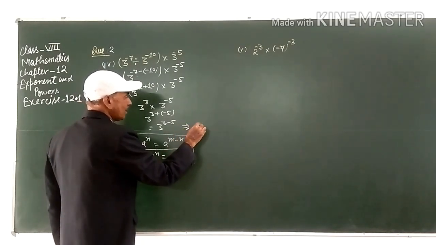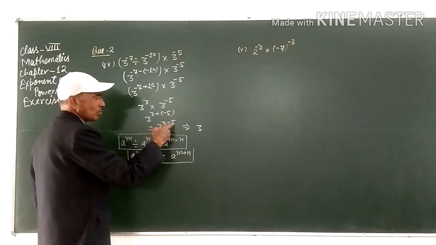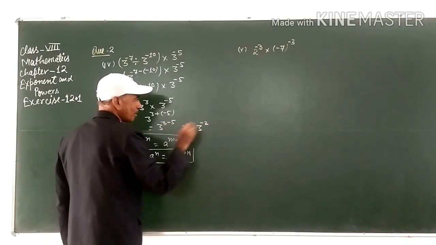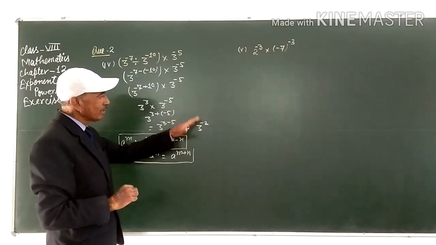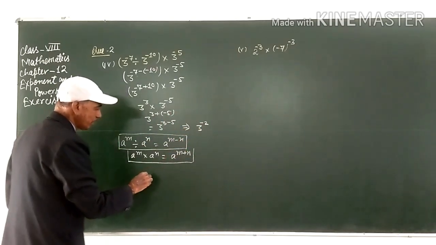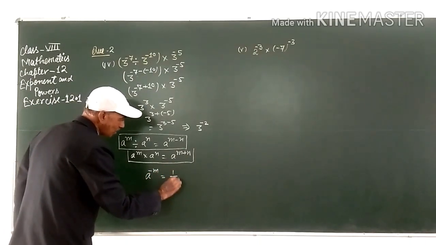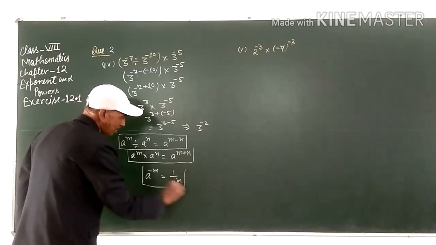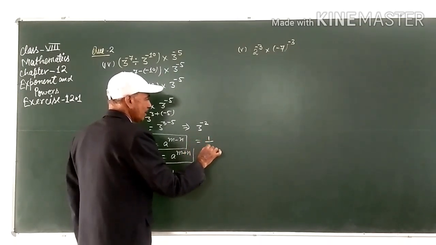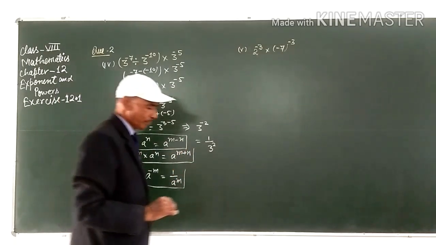or it will be 3 raised to the power, one is positive and another is negative. So, negative positive will be subtracted, minus 5 plus 3, that will be minus 2. Students, but we have to write the exponent in its positive way. So, we have to use another rule, that is a to the power minus m is equal to 1 upon a to the power m, this one. So, using this we will write here 1 by 3 to the power 2. This one is the answer, student.